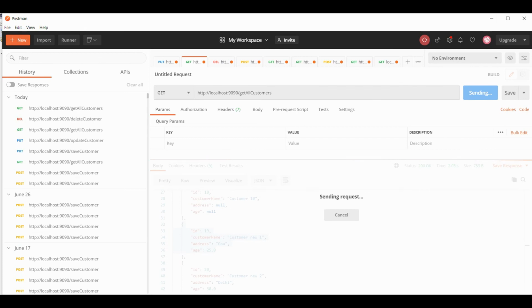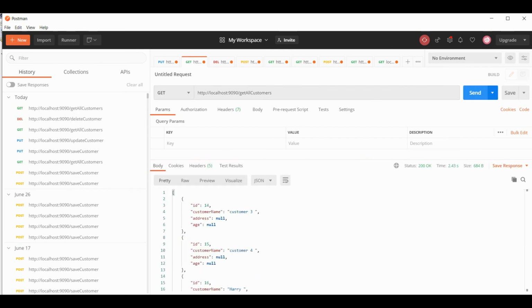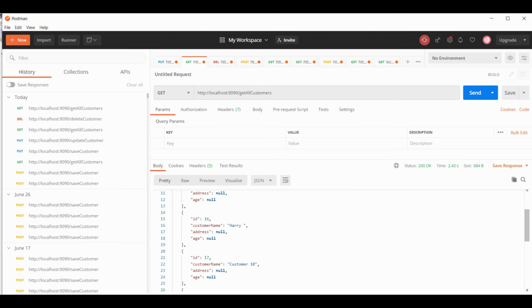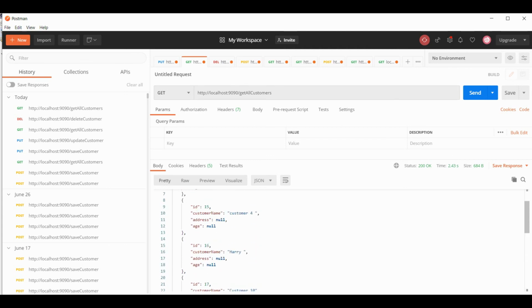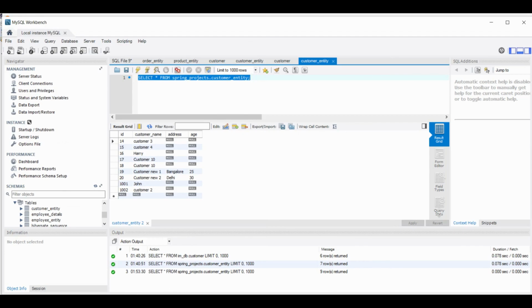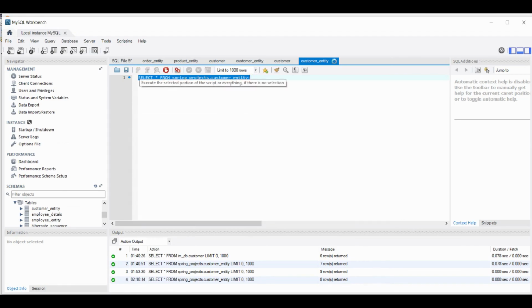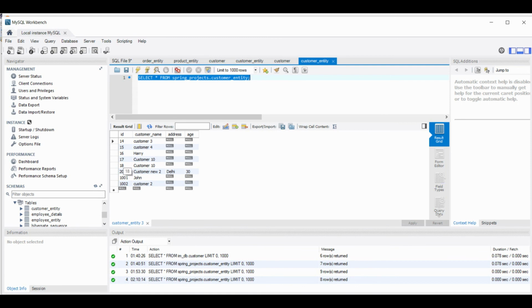Let us check whether it is coming or not. Yes, it is not coming. So we have successfully deleted the customer with ID 19, and in the database also we can check. The customer with ID 19 is not present anymore.